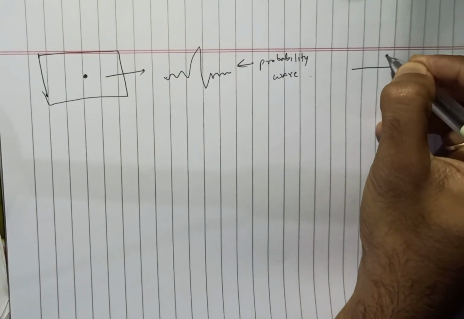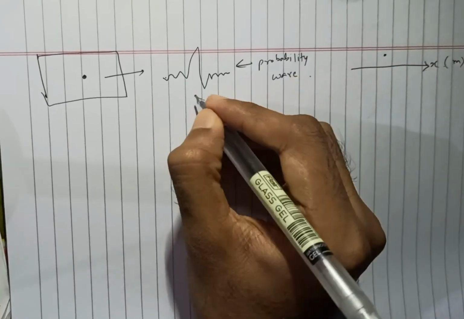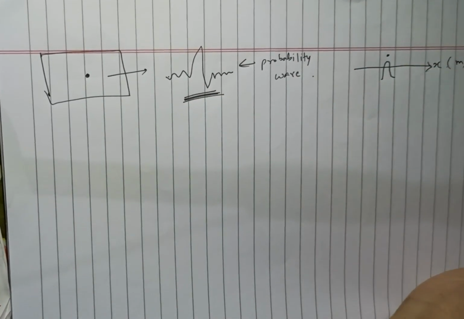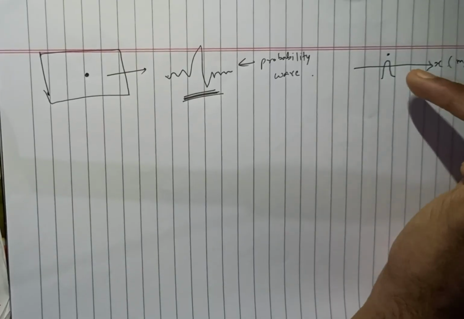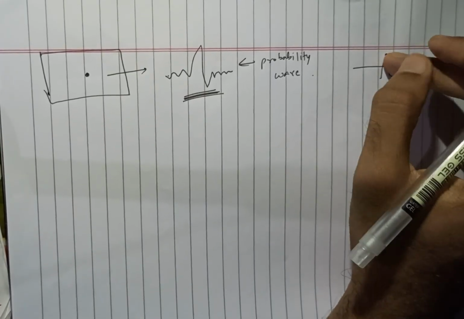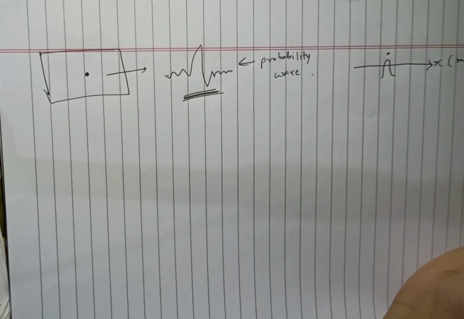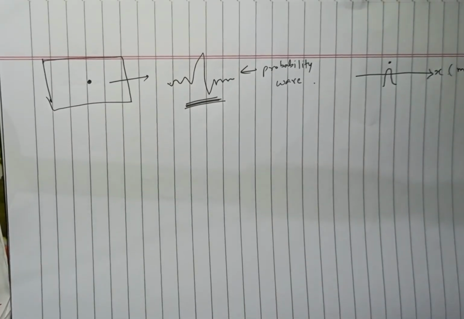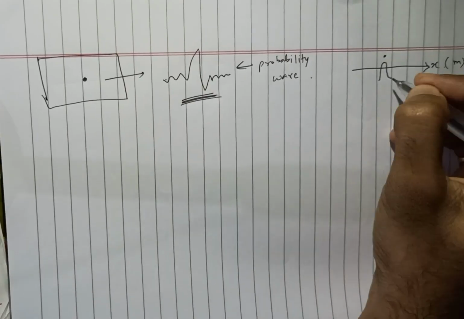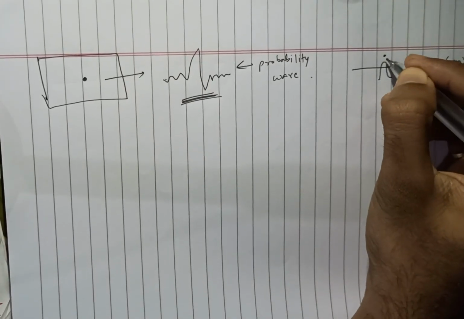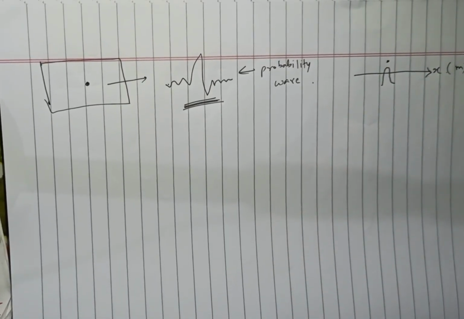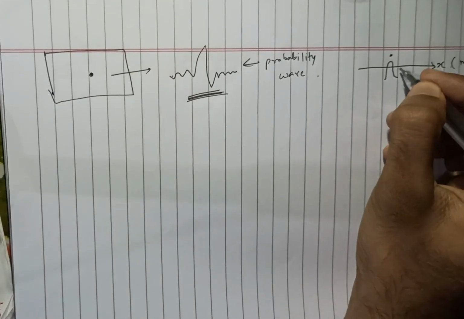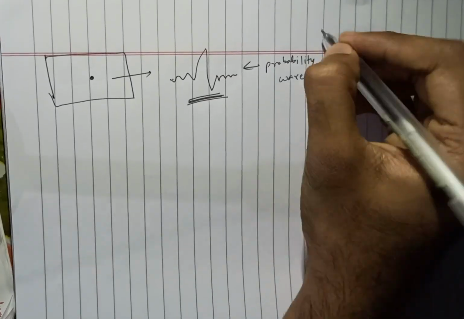In the one dimensional case, if a particle is here, then the amplitude of this probability wave has to be the highest in this position. But the thing is, a particle cannot exist only at one position in quantum mechanics. That's the issue. That's why we have a probabilistic interpretation of it. So we assume that the highest probability of the particle being on this line is along this position.